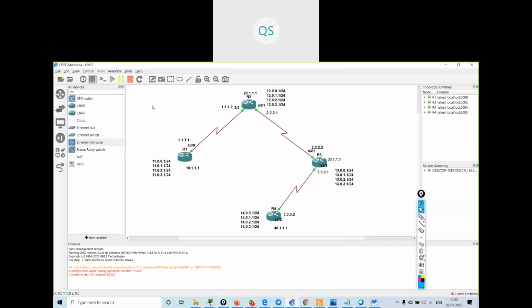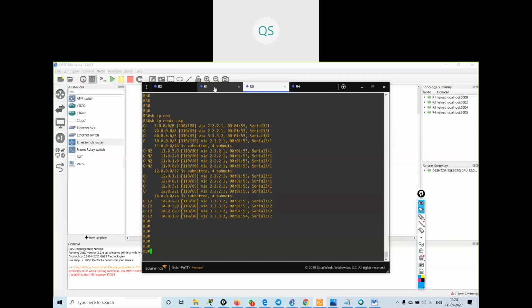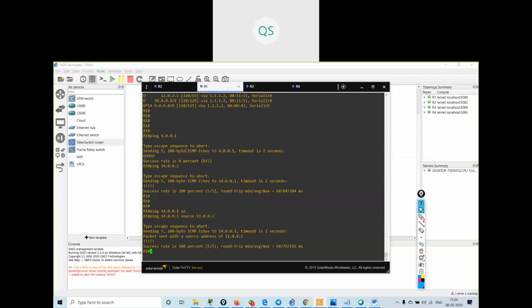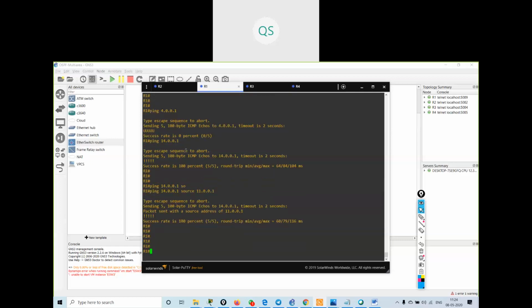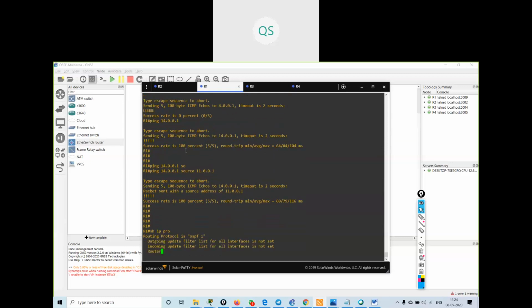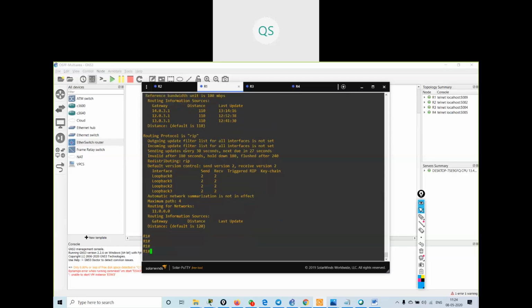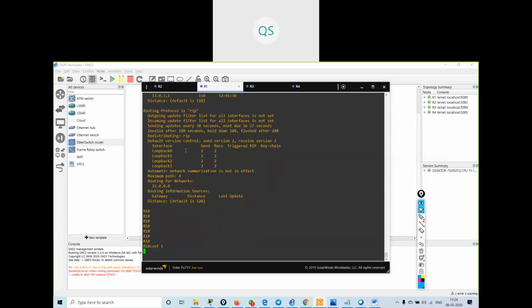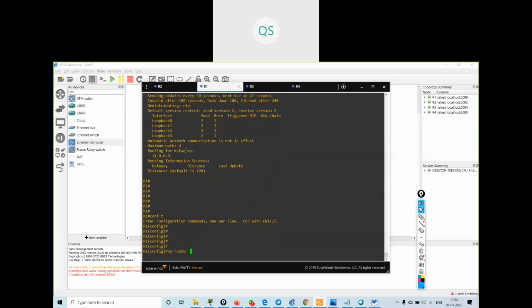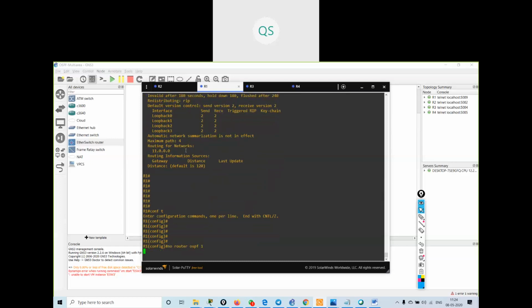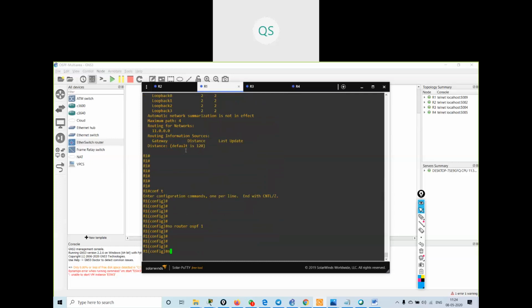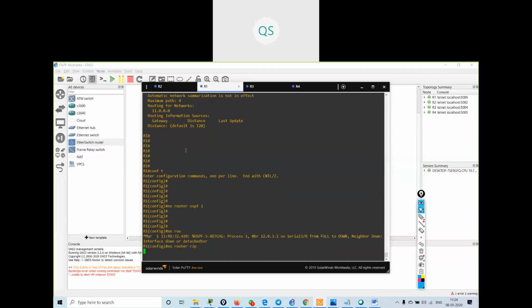We will do the practical in this topology only. I have OSPF configured here. Show ip protocols. I've configured OSPF, and RIP is also configured. So I will say config terminal, no router ospf 1, and no router rip. I've removed the routing protocols from R1.